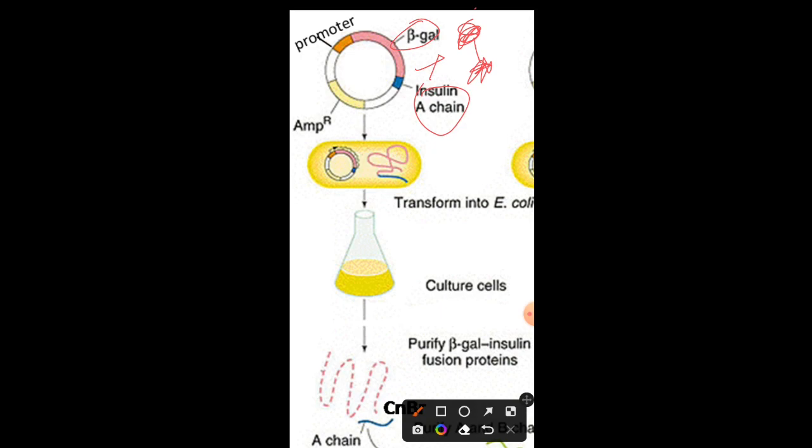Due to the presence of beta gal, we can easily separate the beta gal containing insulin chains from the rest of the protein, because beta gal containing insulin A chain or beta gal containing insulin B chain can be easily separated with the help of affinity chromatography. Upon separation, we will simply add